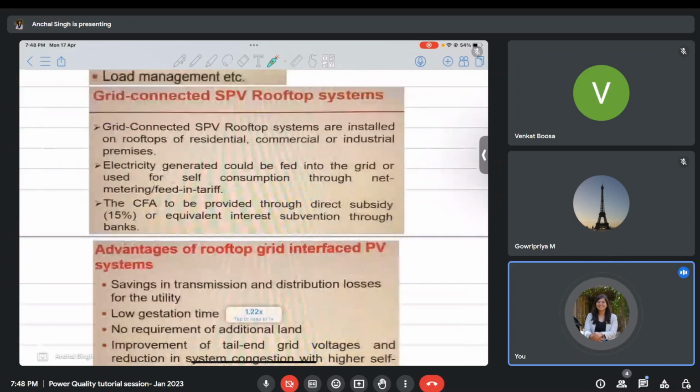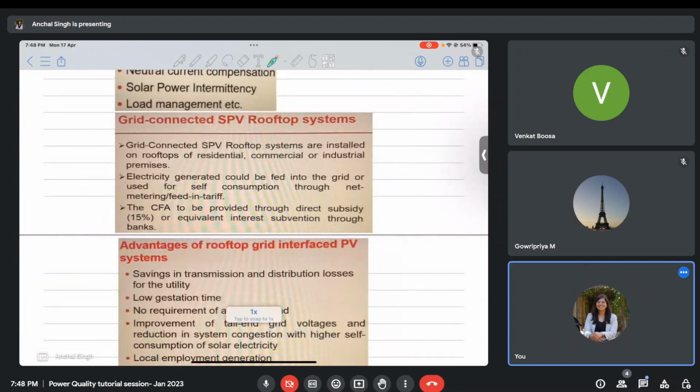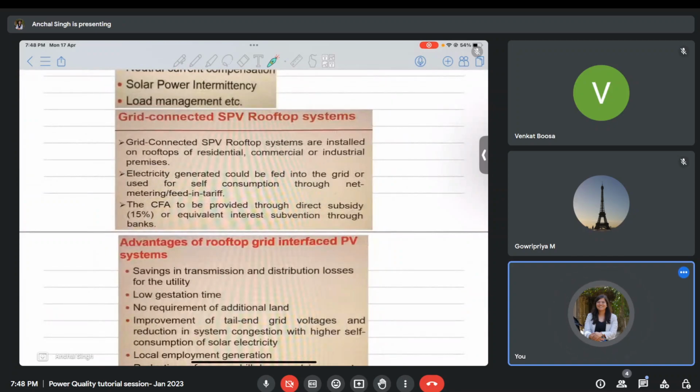Grid connected solar PV rooftop systems are very small in scale, and they are put in residential, commercial and industrial areas. Nowadays, every other home, especially in the South, has a rooftop solar, and industries are very much encouraging the deployment of solar rooftops. If you have a very little amount of energy generated, you can use it for your own purpose. And if you have a very high amount of electricity, you could pump it back to the grid.